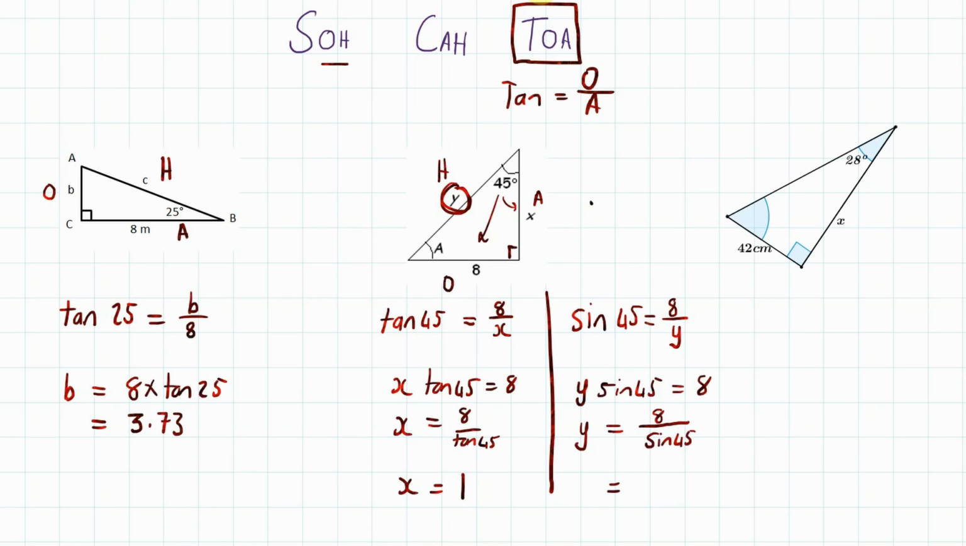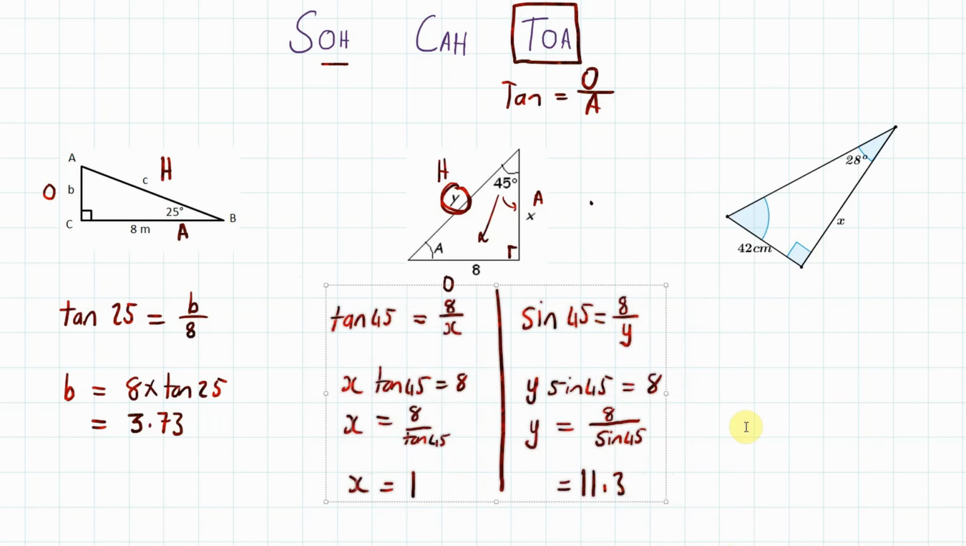8 divided by sine 45 is, you get a funny answer there, but just press S to D and it will give you it in decimals. So I get 11.3. Okay, so I hope that makes sense for you. And the last one here